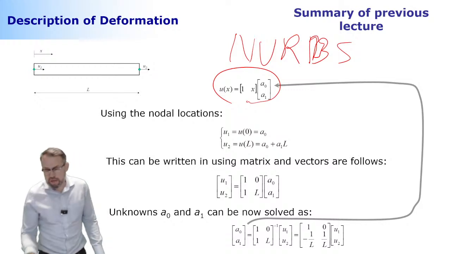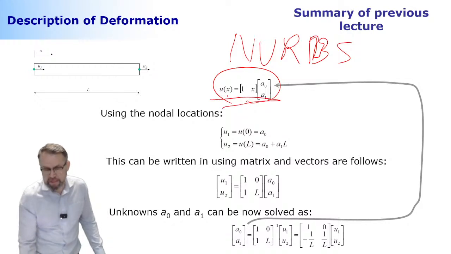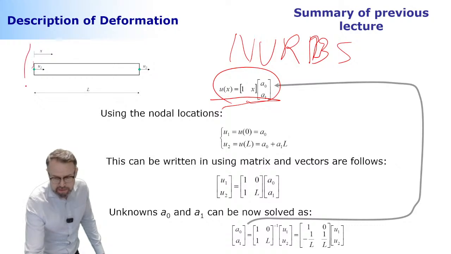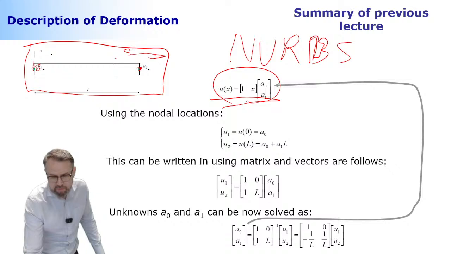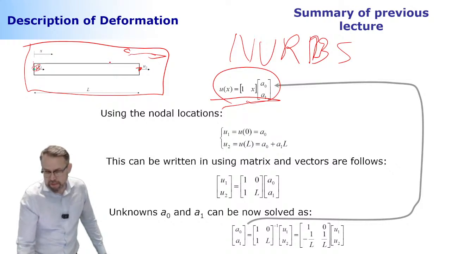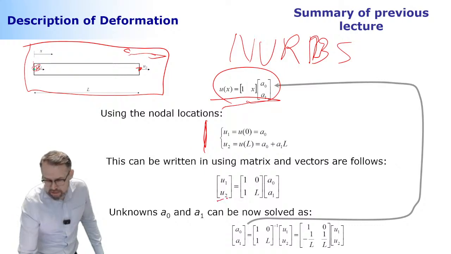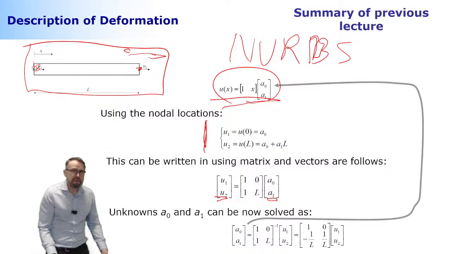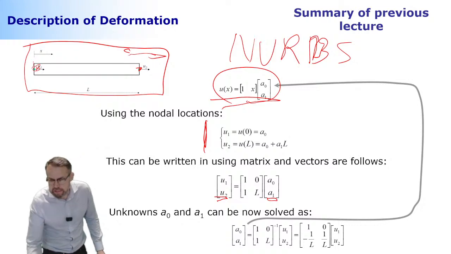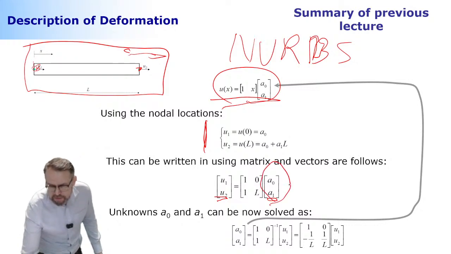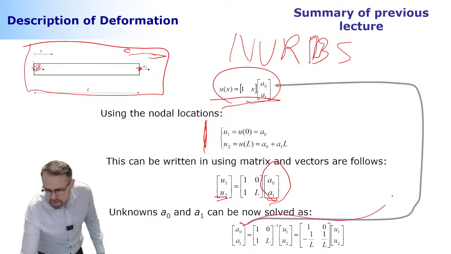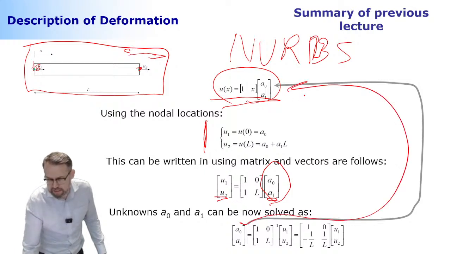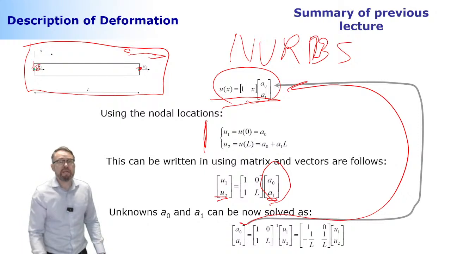Okay, so what happens once you get the polynomial expansion? Then you make use of the information you have in your element. Like here, for example, you have two nodes, and they can move left and right at each location. Once you introduce this information to your polynomials, you get a relation between the nodal degrees of freedom and the polynomial coefficients. Now what I wanted to do is solve for these polynomial coefficients like I did here, substitute back here, and I'm going to get something that is called shape functions.